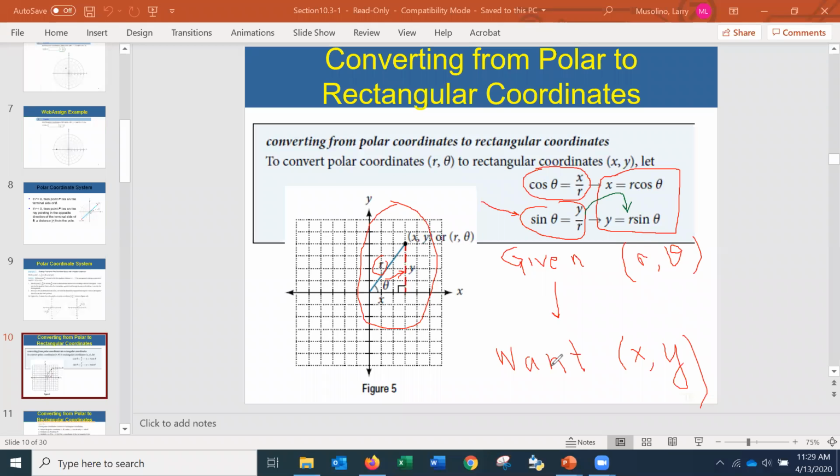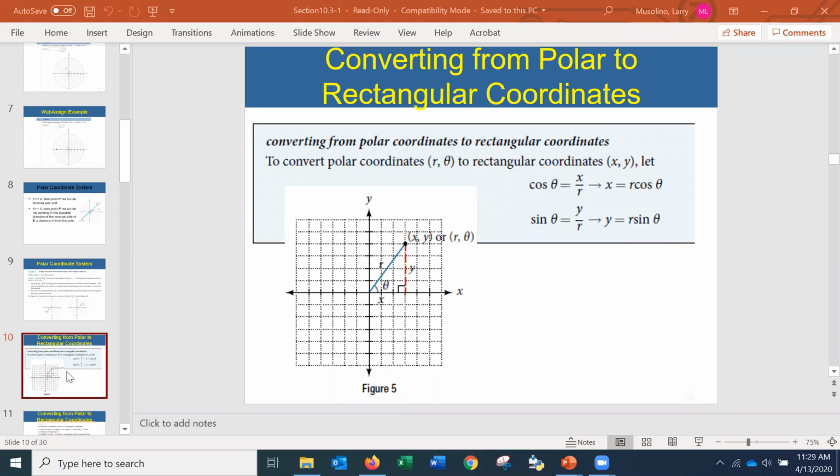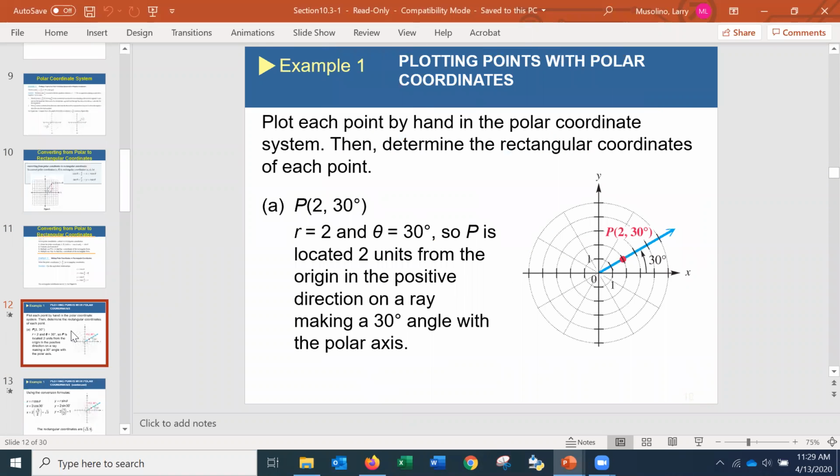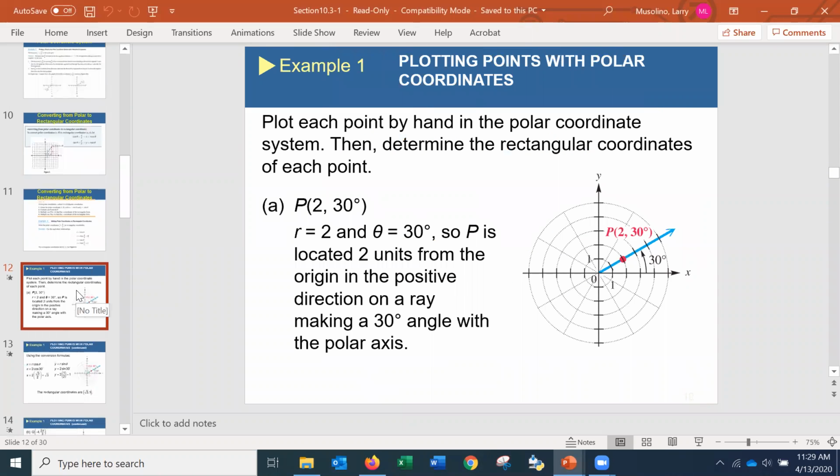All right, so let's go do some examples to see how to apply these conversion factors, okay? All right, how about if we look at this example here? It said convert this polar coordinate (2, 30 degrees) into xy